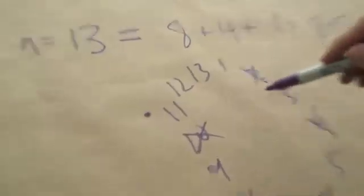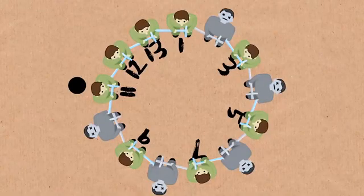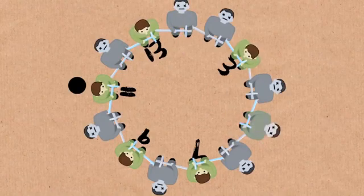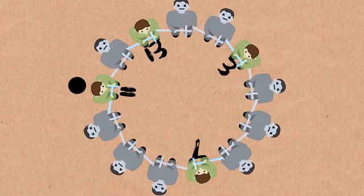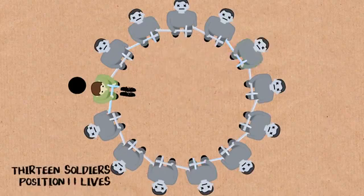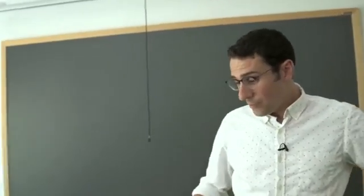The first killer. So now, if we go from here, I claim that 11's going to win. And just watch. It's going to be 11 kills 12, 13 kills 1, 3 kills 5, 7 kills 9. Back to 11, and now there's only 4 people left. 11 kills 13, 3 kills 7, back to 11, 2 people. 11 wins. And so this is really the key to the final answer, which is if you've written your number